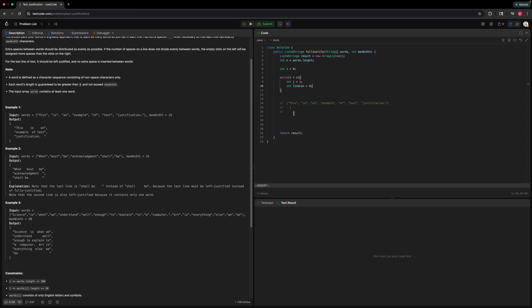Now we need to pick up how many words we can fit in the current line. So the first thing is while j is smaller than n and, at the same time, the line length